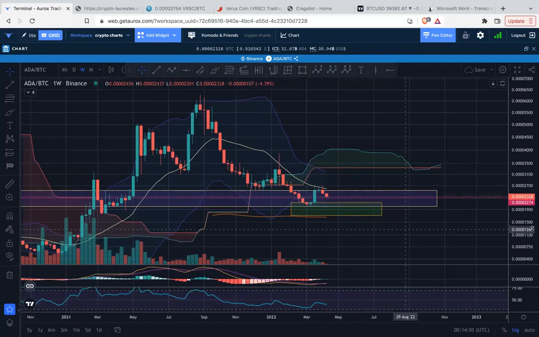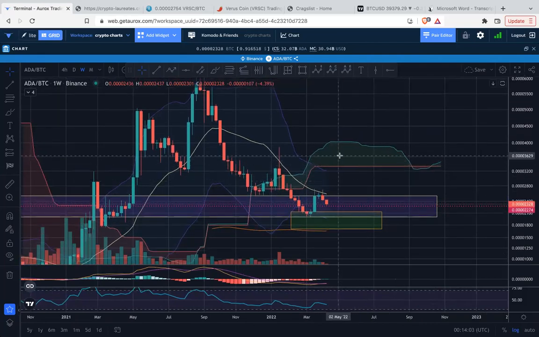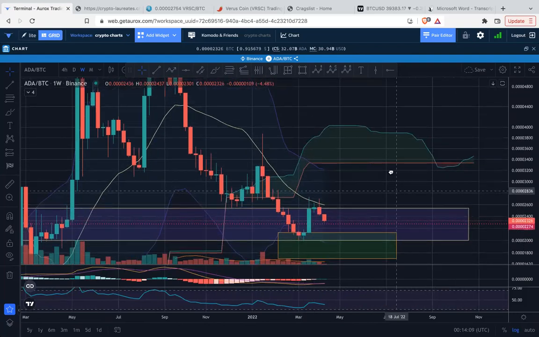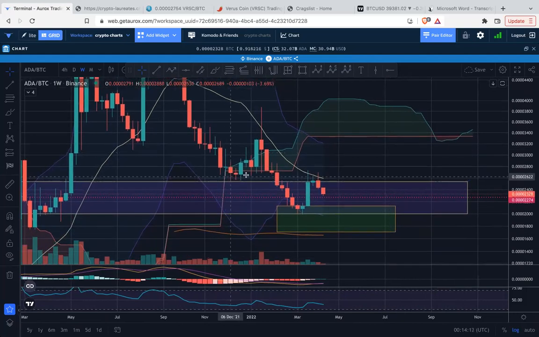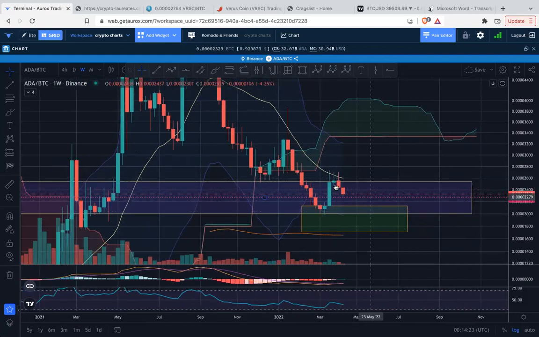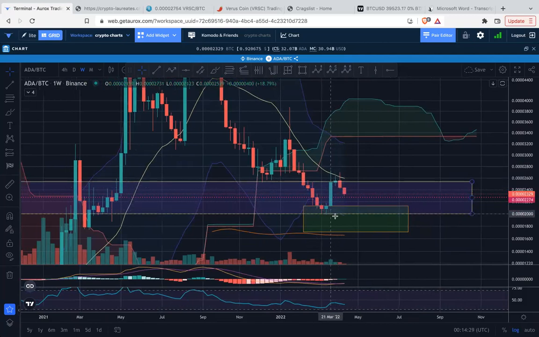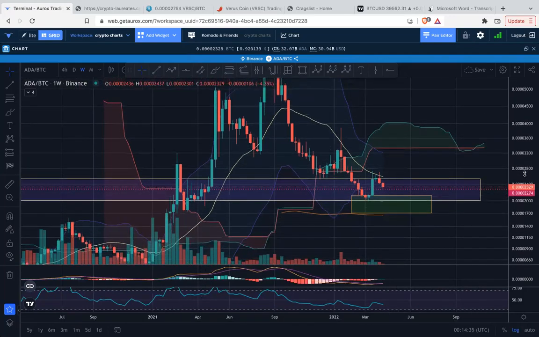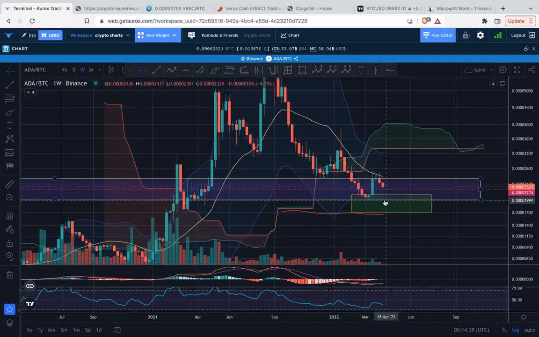So the ADA price chart is finding resistance at the 20-week moving average, as was one of the possibilities. Also this horizontal resistance level. It was first support, broke through, and now it's retesting as resistance. We are within the horizontal range from low to high here, which was already carved out based on previous price action. And I think at this point, getting rejected here, we're looking at the lower end of the Bollinger Band, which is down here around the 2,000 Satoshis.